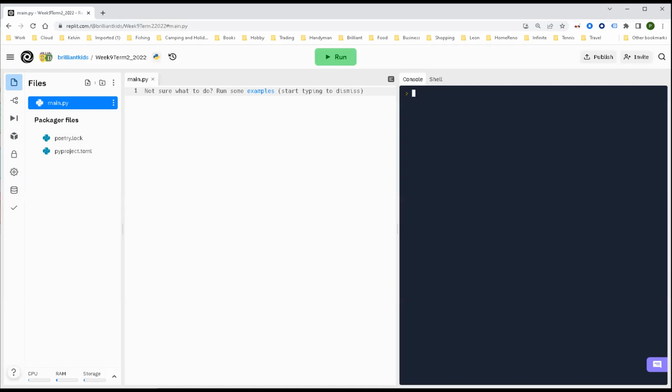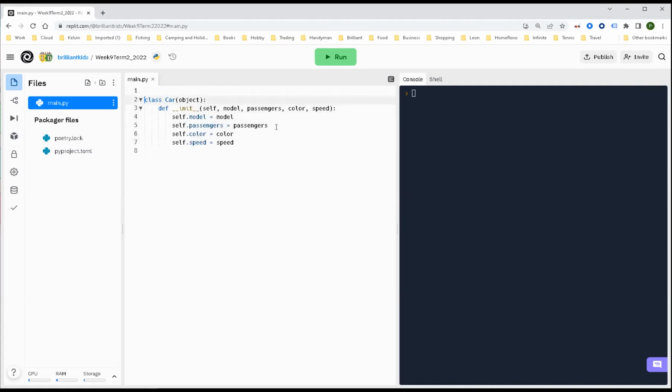Do you understand? Let's do object-oriented programming. So how do we do object-oriented programming in Python? How do you represent a class? For example, we do it like this. This is in Python, right? We have a class, which is car. It's an object. Then in Python, you must understand